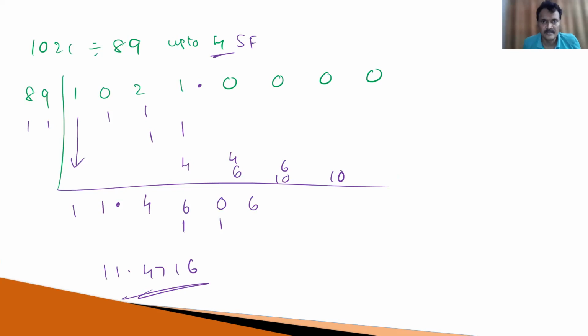Same technique. Suppose you want to find the remainder, you should break this number after 2 digits from the right hand side. Why? Because here the base is 100, and in 100 there are 2 zeros. Suppose you don't want to find the remainder, just the exact answer up to 4 significant figures or 3 significant figures, just do like this. Is it clear, all of you? Yes, sir. No, sir. Okay, I'm going to explain one more example, Raman.